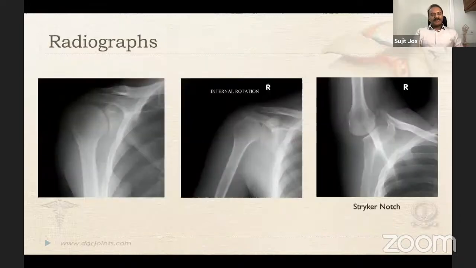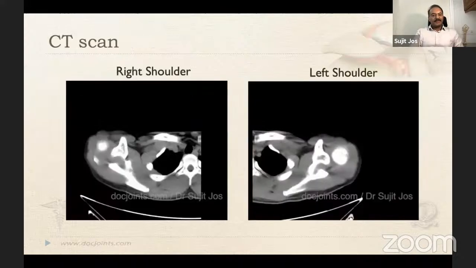And those are the radiographs. As Dr. Vivek rightly said, the radiographs have much lesser value. I use them mainly for the follow-up. So for follow-ups, I use the Bernageau or the true AP view, as you can see. The AP in internal rotation definitely is a good view to assess the Hill-Sachs lesion. But then again, it depends on the position of the Hill-Sachs, whether it's superior or inferior. You can be misled by the internal rotation view as well.